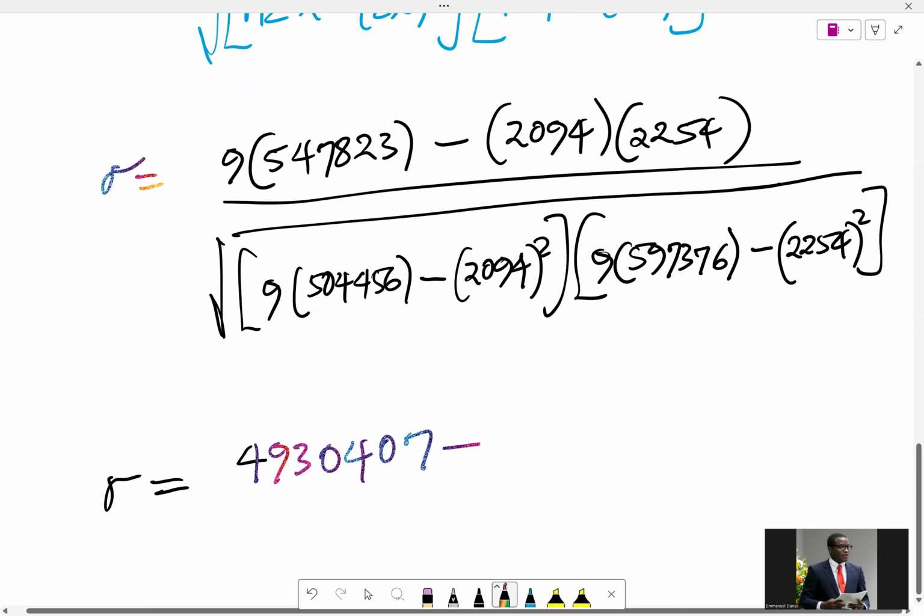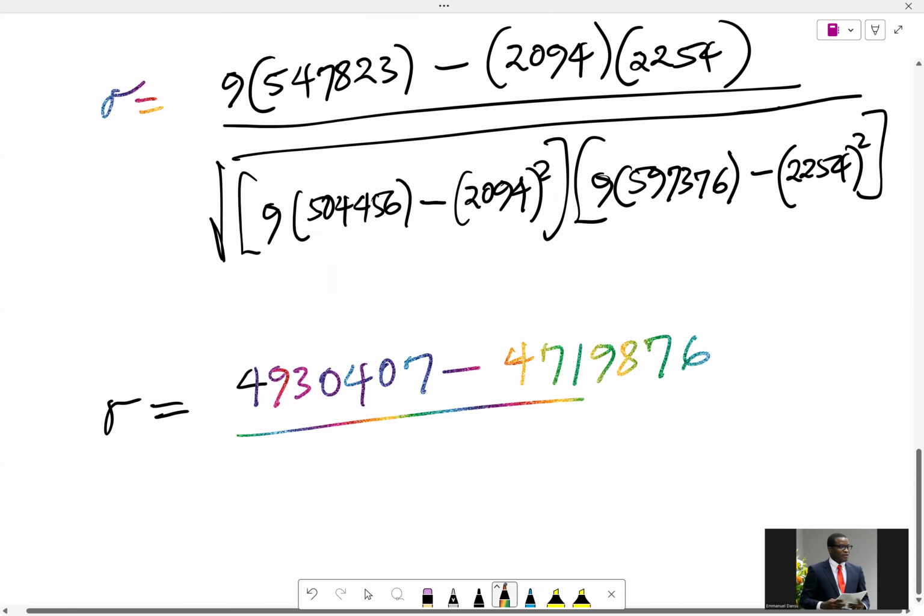Then next is 2094 times 2254. So that is 4,719,876. 4,719,876 divided by square root of,